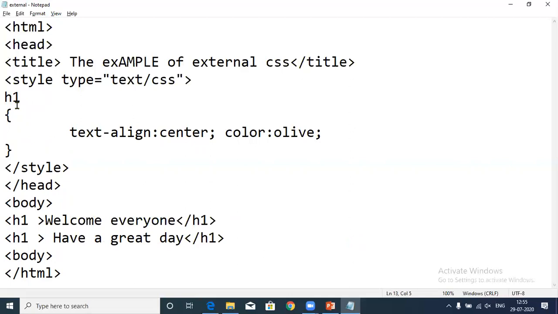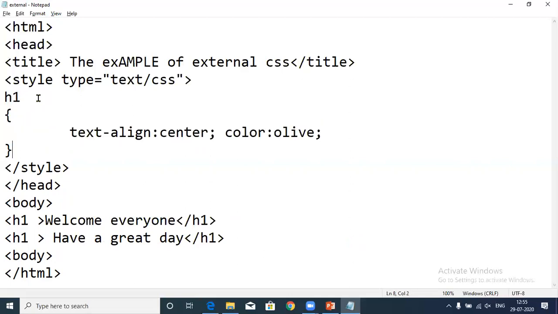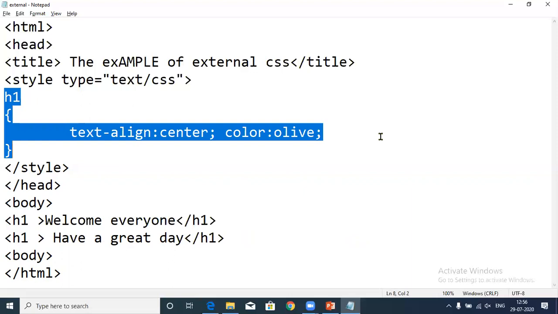You can see here I have to define the style only once under the header tag, and in the internal style sheet I need to define this code only once. It will apply on every other tag which belongs to the same category. Like to all H1 tags, this kind of style has been applied automatically.